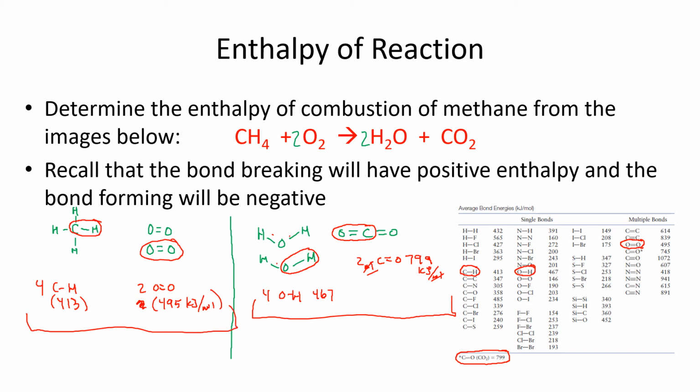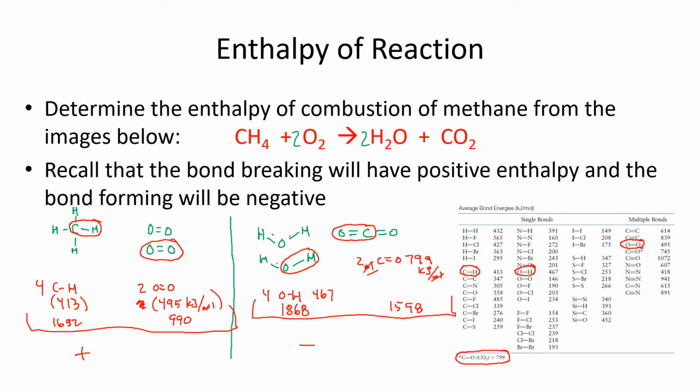So my calculator, 4 times 413 is, we got 1652. Then we've got 2 times 495 equals 990. Here we got 4 times 467 equals 1868. And we've got 2 times 799, which is 1598. Now, if you recall, the bond breaking is endothermic, so it's going to be positive, and the bond forming